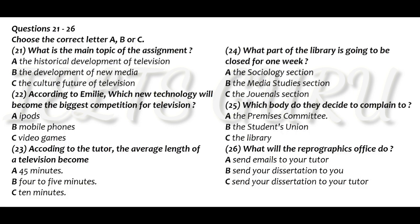Now, this assignment. The best thing we can do, I think, is to think how we can approach it. The main point is to investigate television, but not what's happened in the past. I was thinking that it would be necessary to go over the new media first and then... Yes, that's a way to make a start, but you need to do that quite briefly. But it's quite a complex topic. Yeah, I agree, but the emphasis must be on the future development of television as a cultural phenomenon. Yes,